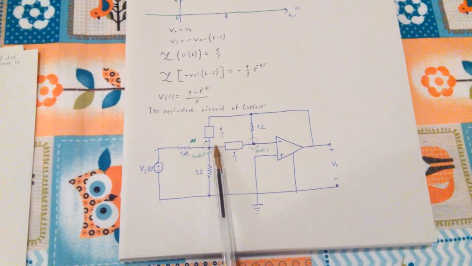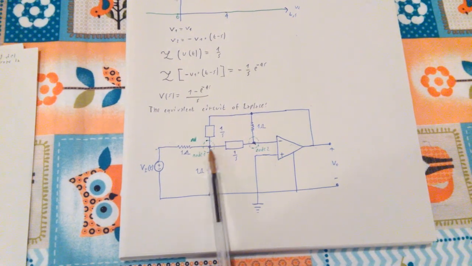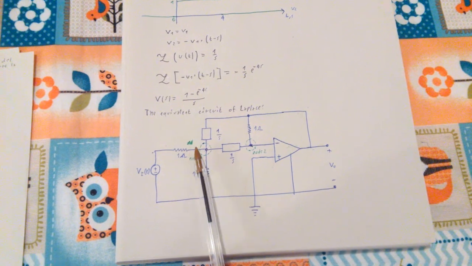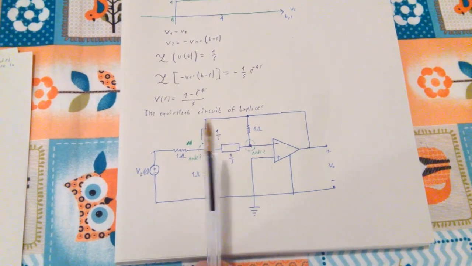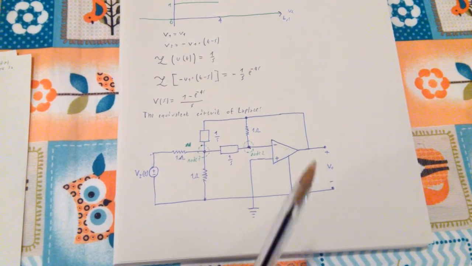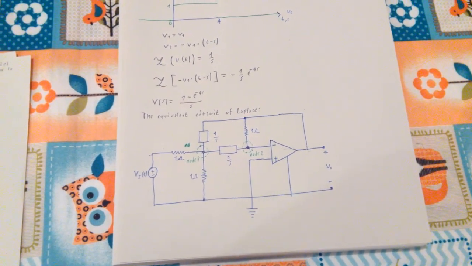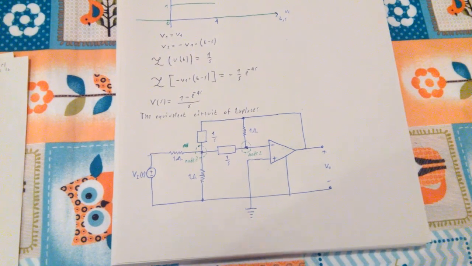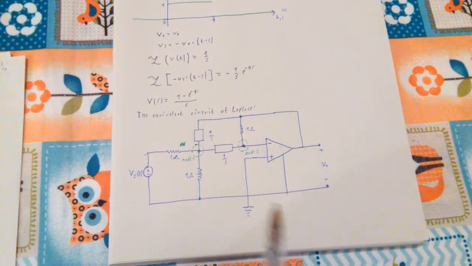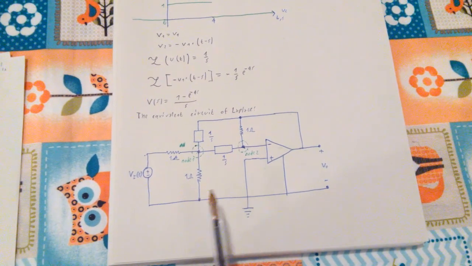Basically, if you take into account the current entering the node and the ones leaving the node, it will be something like V1 minus Vi, which is this current entering the node, plus V1, plus V1 minus V0 of S, plus V1 of S,